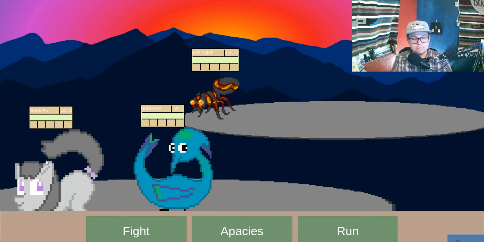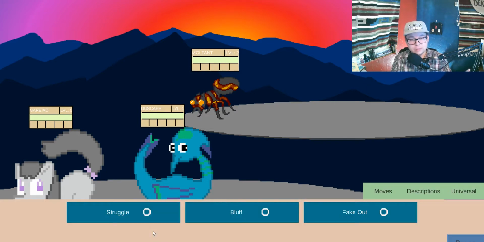So, again, with the last update, there was the better perspective. Your Apacies are closer, the enemy Apacies are further away. But then I've simplified the menus a little bit so they look cleaner. They don't use the old grass coloring that I had before. And I got rid of the dialogue box because...